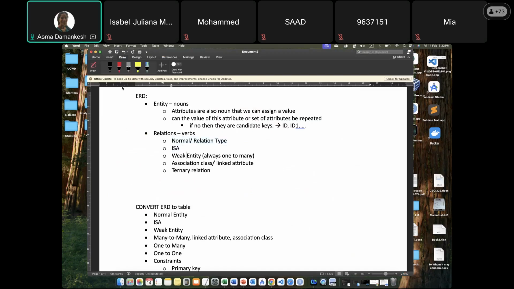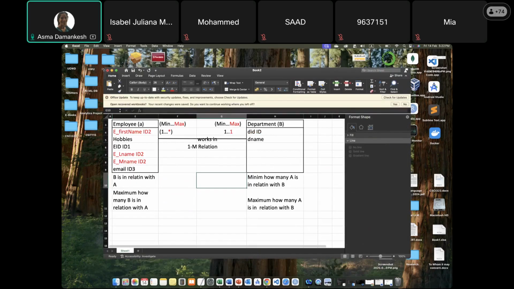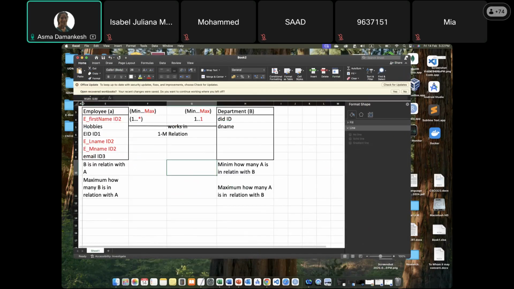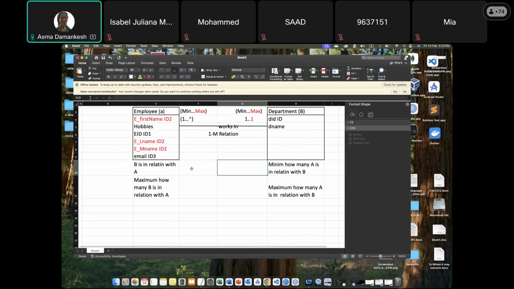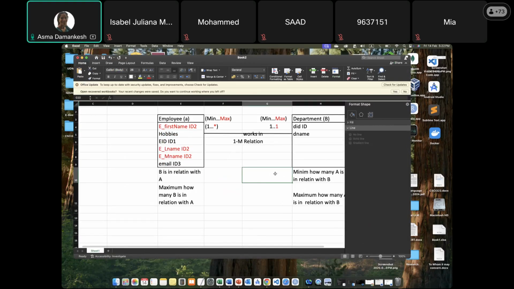What is an is-a relation? Is-a relation is a very special kind of relation. What it means is that in is-a relation,